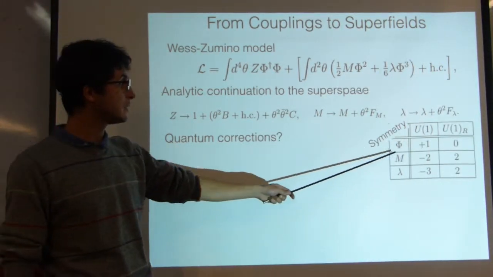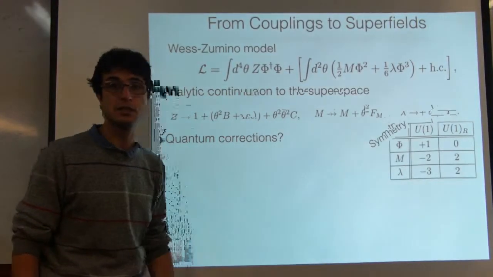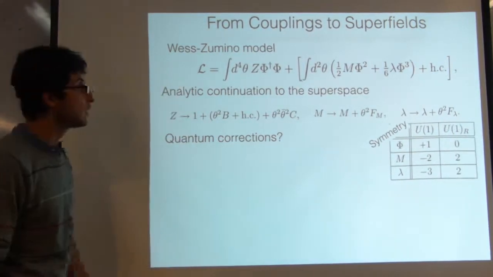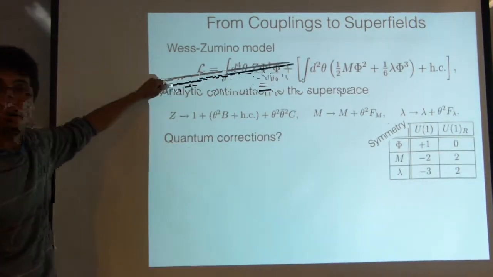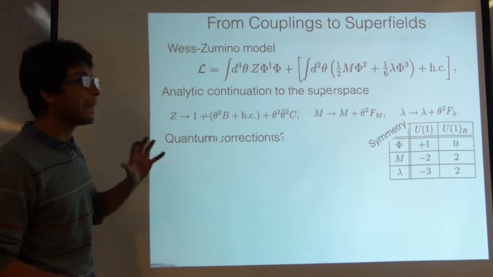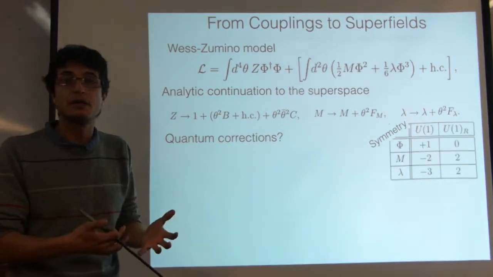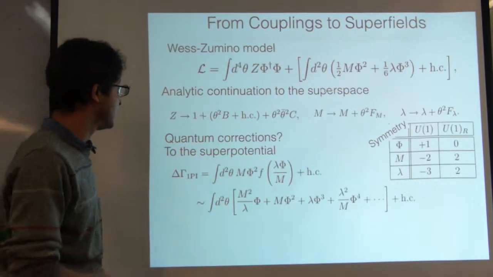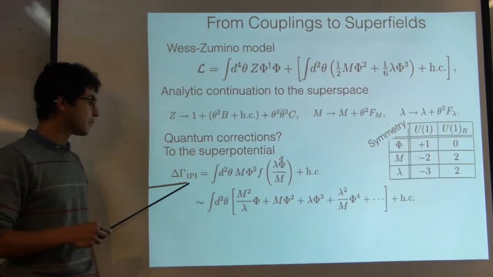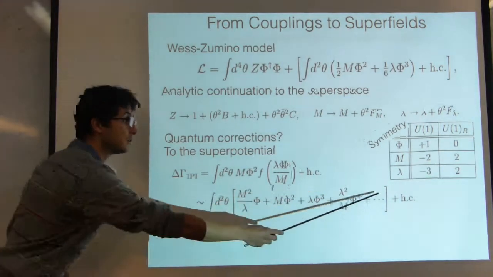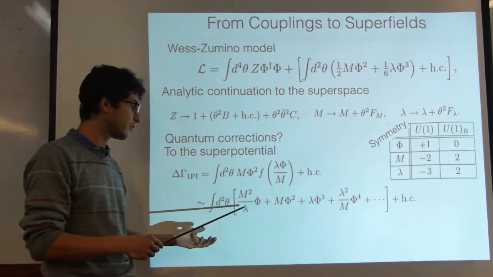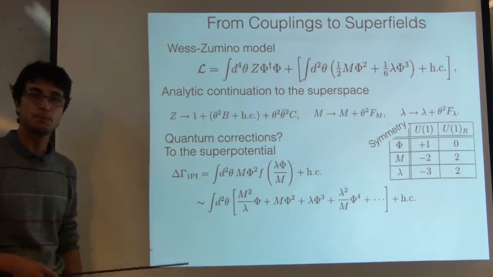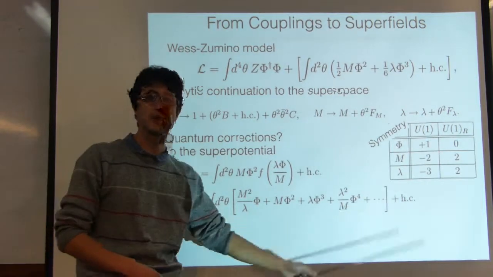Okay, imagine these charges under this scaling symmetry and these charges on this R symmetry, and you see that this theory is invariant under this transformation. Since this theory is invariant under this transformation, we may ask if the superpotential can be corrected at quantum level. Any correction to the superpotential would come in this way, satisfying these symmetries in here, and we can make the expansion in powers of the fields, so you have something like this, just in order to satisfy these symmetries.